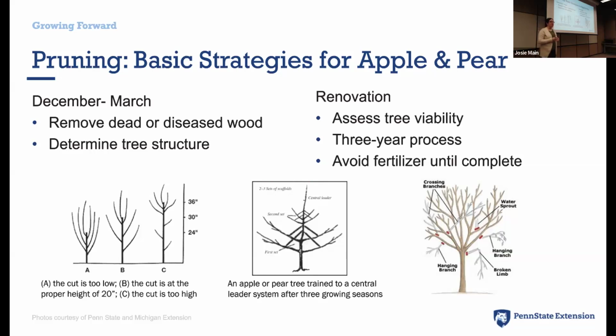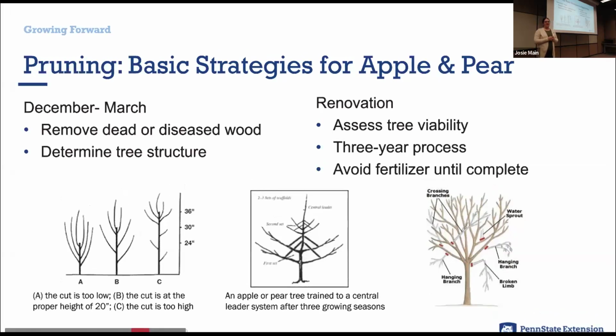So the question was, is there any hope for a very old tree that needs renovation? The first thing you're going to want to do is really assess the health of the tree itself. So yeah, it's not putting out great apples. That can be managed. If there's a lot of hollows, then it's going to be very hard to bring the tree back to maximum or healthy production. If the trunk is hollow, oh yeah, one of them, inside,